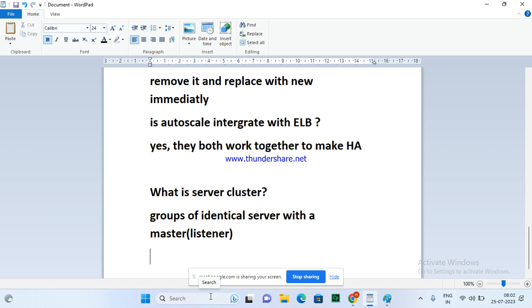ELB. So whenever you want to create a cluster, why do we cluster in real time? Cluster is a group of identical servers with a master control. That means to create high availability. To get what? High availability. To handle the traffic, huge traffic, spike traffic. So you can go with the cluster.